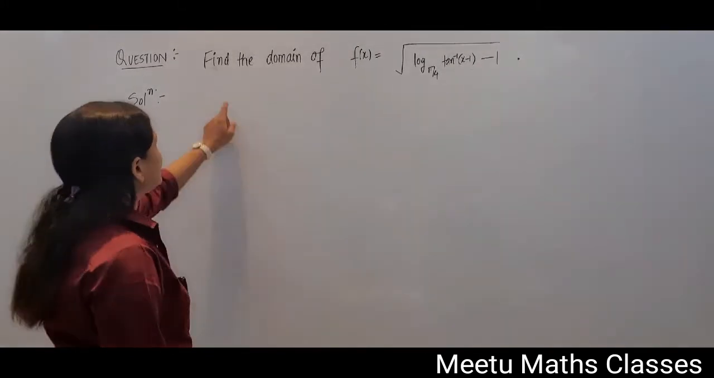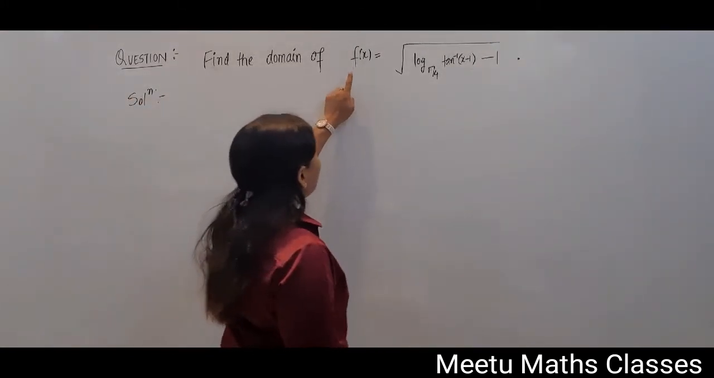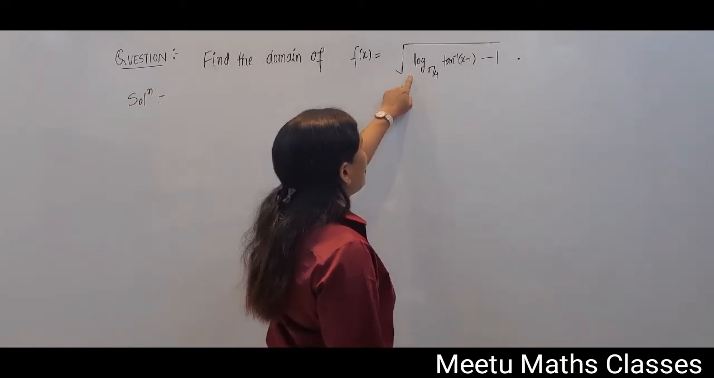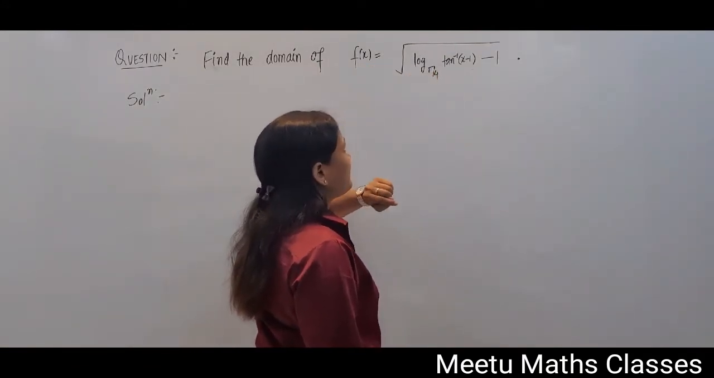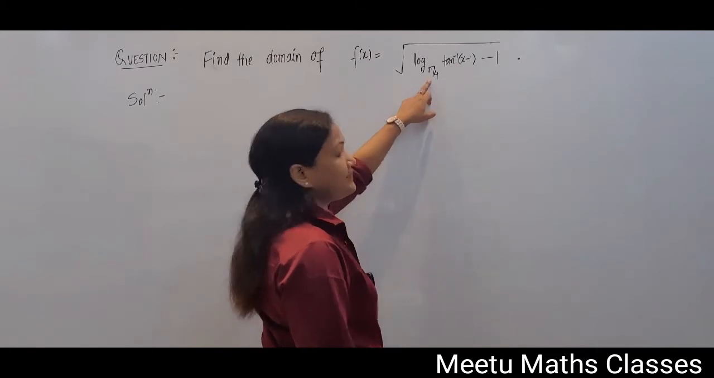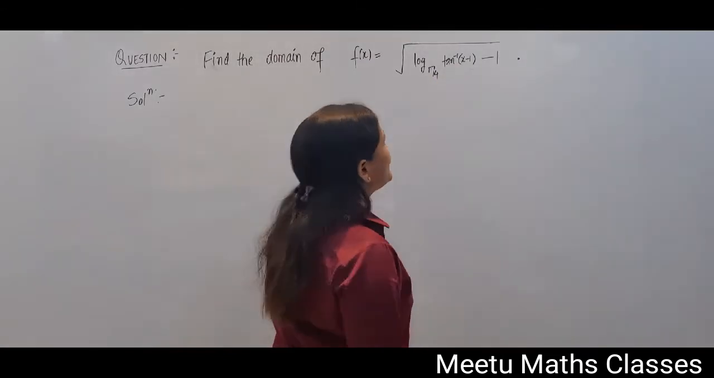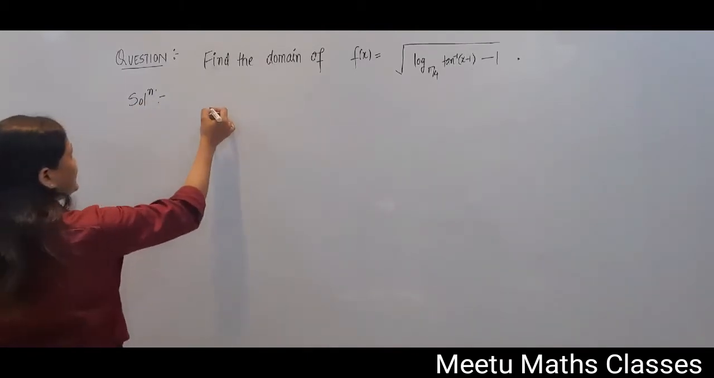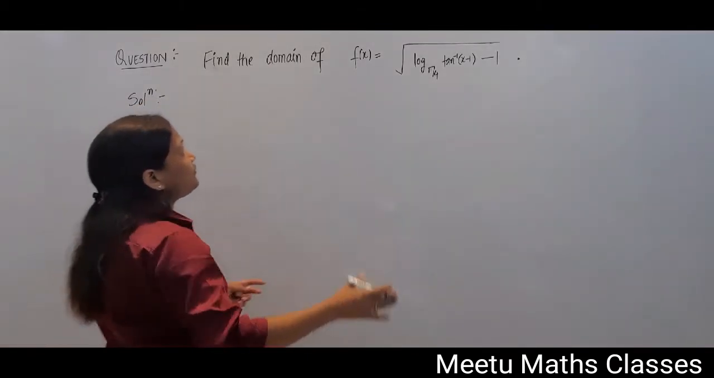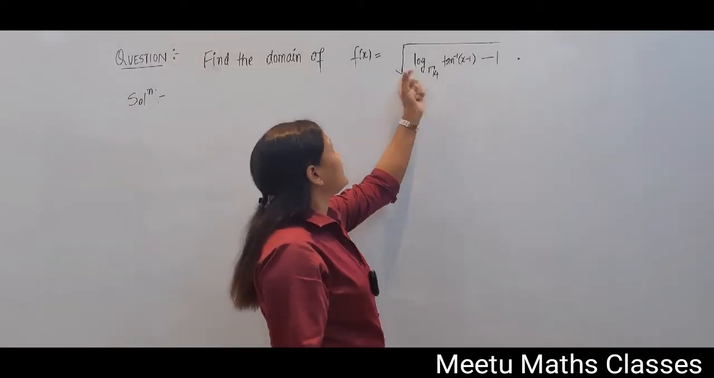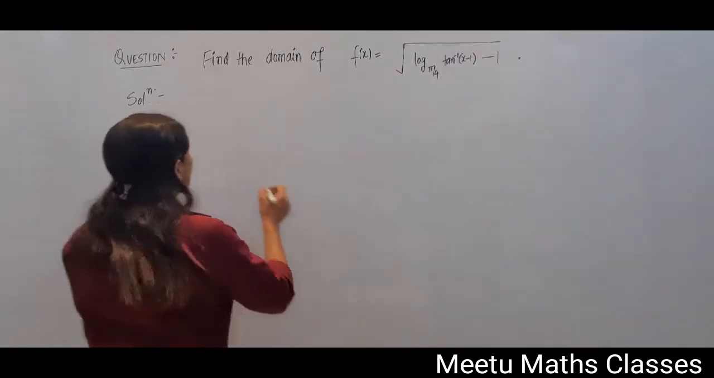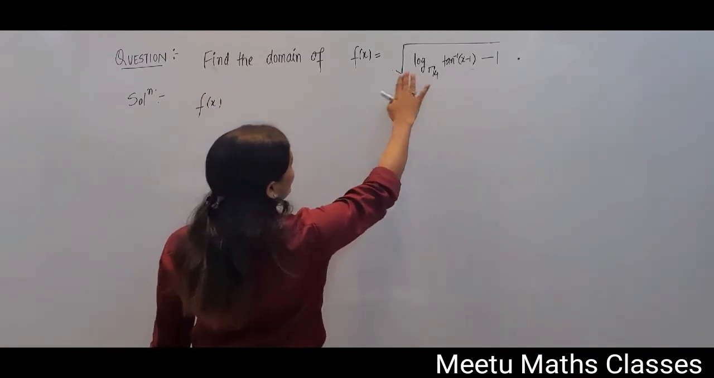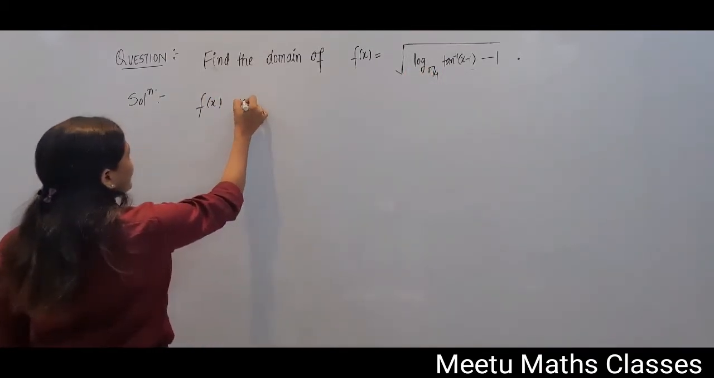Your question is, find the domain of f(x). Your f(x) is defined as square root of log of (tan inverse x minus 1) with base pi by 4, minus 1. Now, to find the domain of a function, you have to find all values of x for which your f(x) is defined. So, if you read your function, your f(x) is defined